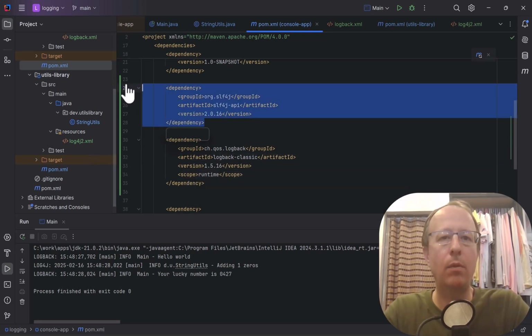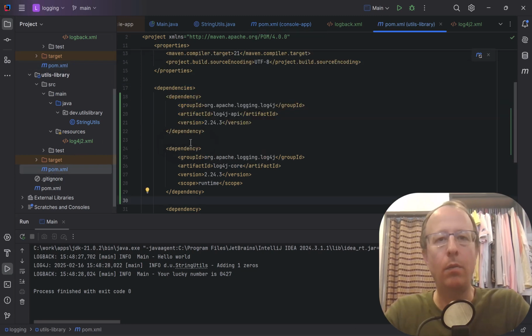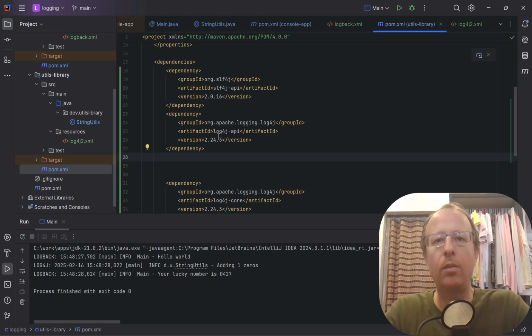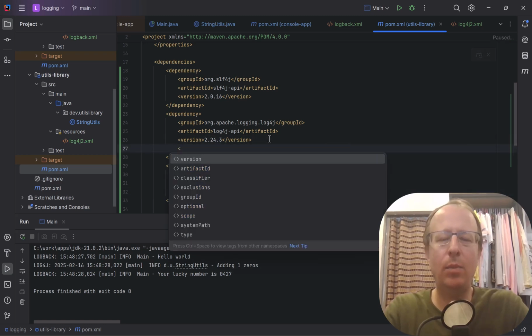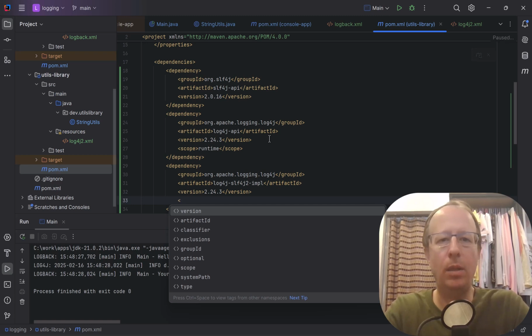Let's do the same for our library. For a library, we're going to log using SLF4j. In order for Log4j to work with SLF4j, we need to add a separate dependency here. Now you may think these should both be runtime dependencies. I'm going to set that for now and make sure we can still run things.